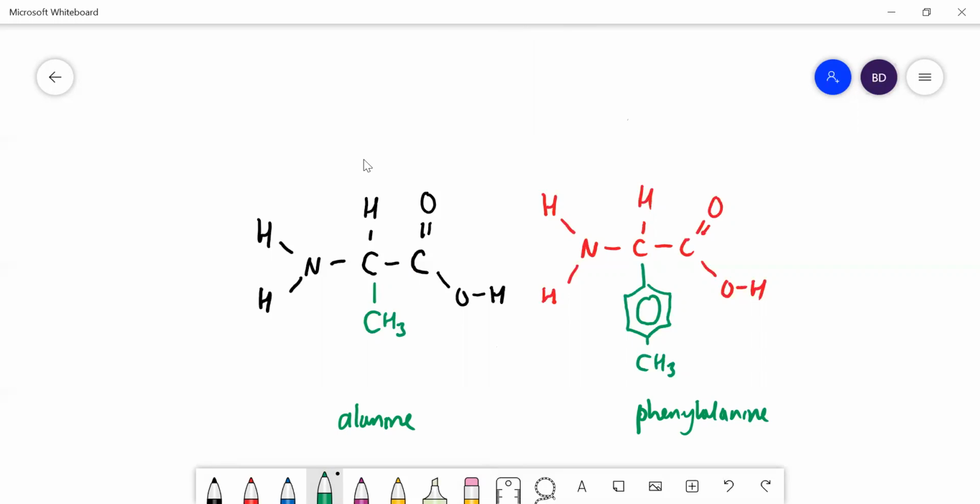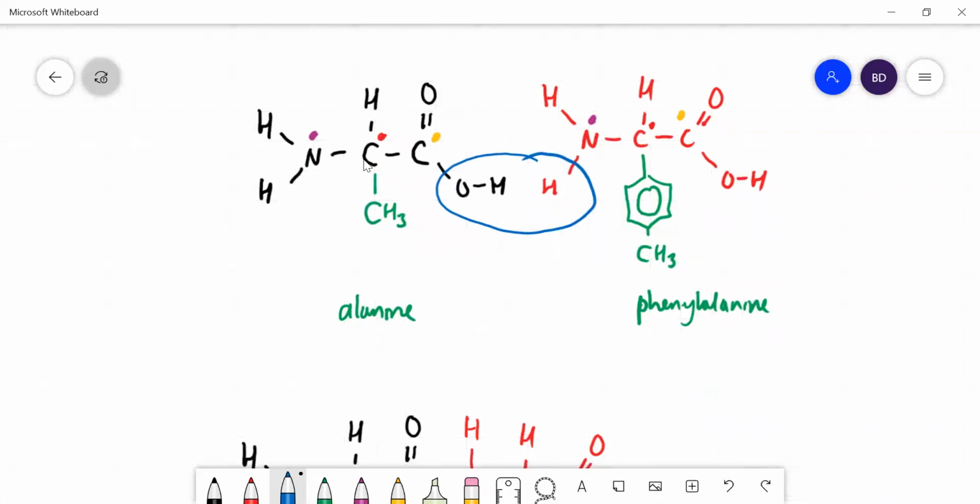So the R group I've drawn in green. You can see each amino acid has the NH2 group drawn there, and it has the carboxylic acid group drawn there, and it has the so-called alpha carbon there, and that is always asymmetric, except in the case of glycine where the R group is an H. Okay, so how do they join up together? Well, it's a condensation polymer,